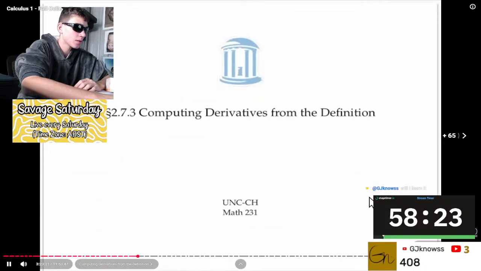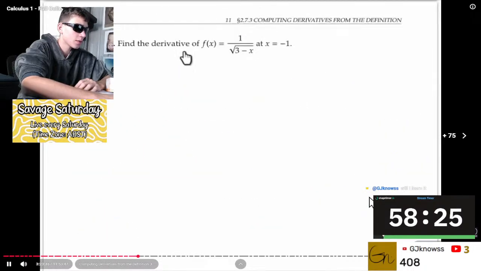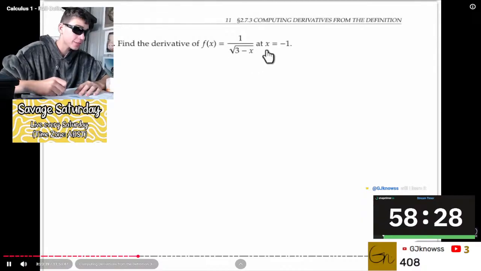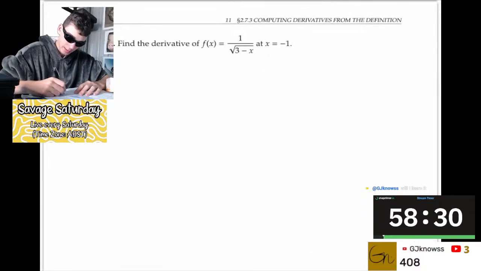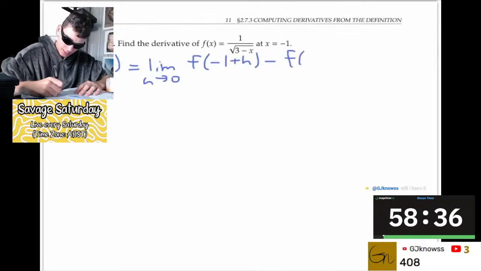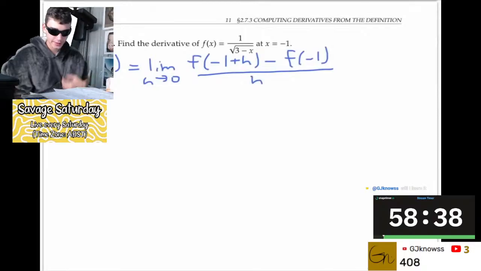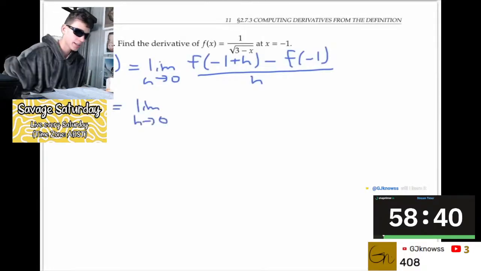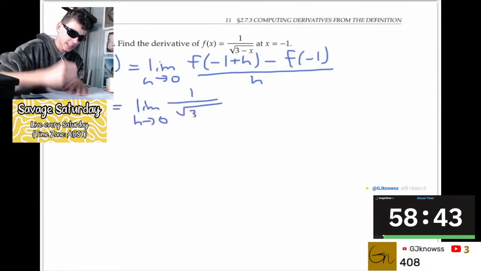We'll continue with the second one, using the limit of f of a plus h. Find the derivative of f of x, which is 1 over the square root of 3 minus x at x equals negative 1. In other words, we want to find f prime of negative 1, so that's the limit as h goes to 0 of f of negative 1 plus h minus f of negative 1 over h. Using our definition of f, that's the limit of 1 over the square root of 3 minus